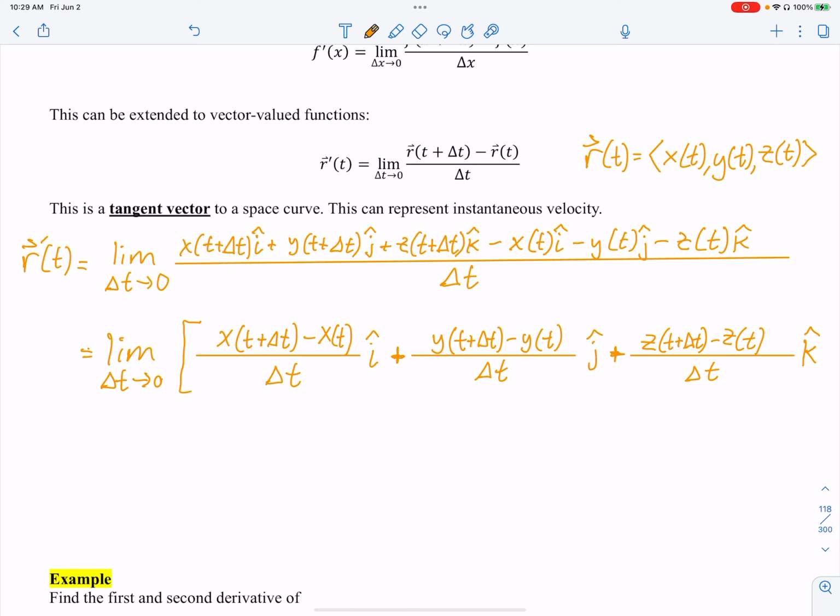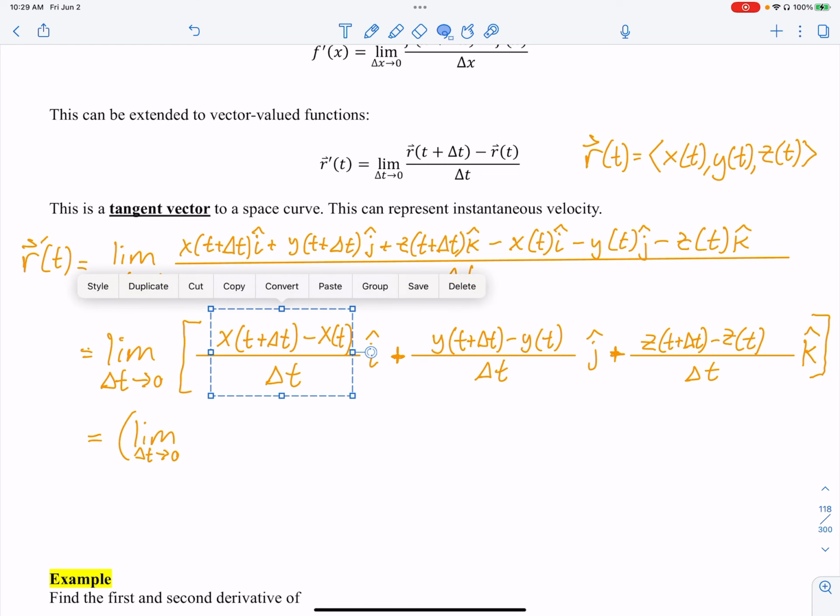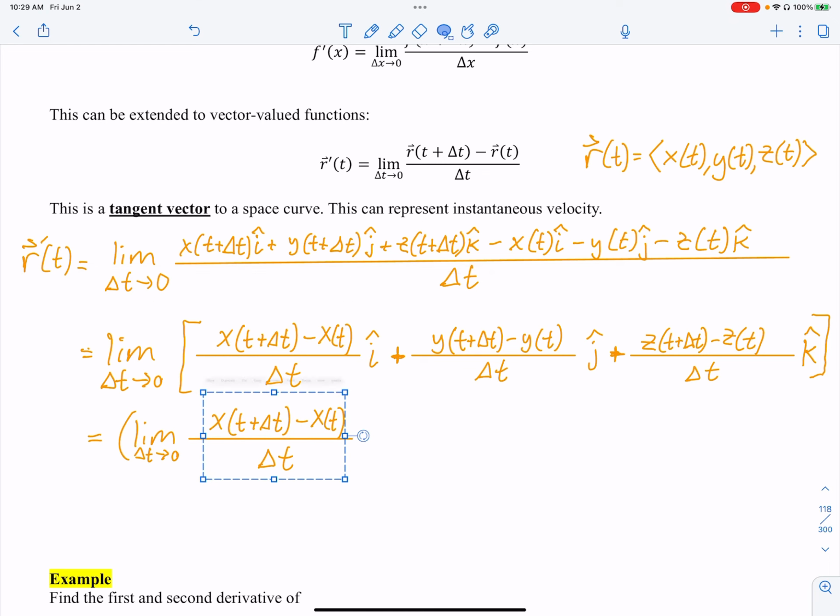Now this limit is being applied, and we know from our studies of limits with vector valued functions that the limit just applies to all three. So how this is going to end up is we have the limit as delta t approaches 0 of, and I'm going to be lazy here. I'm going to copy this. Sorry that you can't do the same unless you're on the same type of thing. This is my i component